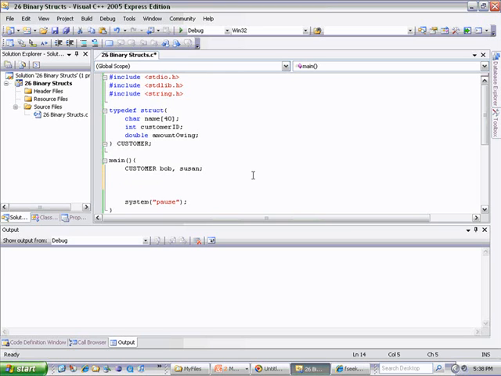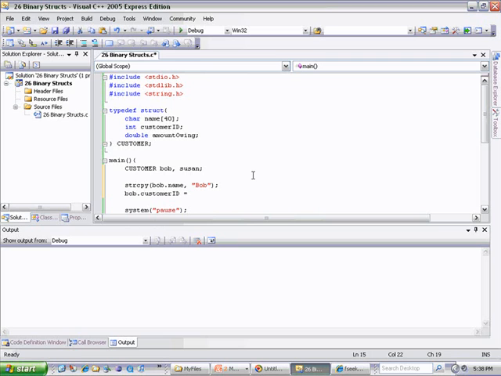Those are 2 structs allocated right there on the stack. So Bob's name is going to be, guess what, Bob, and that has to be a string copy, and Bob's customer ID